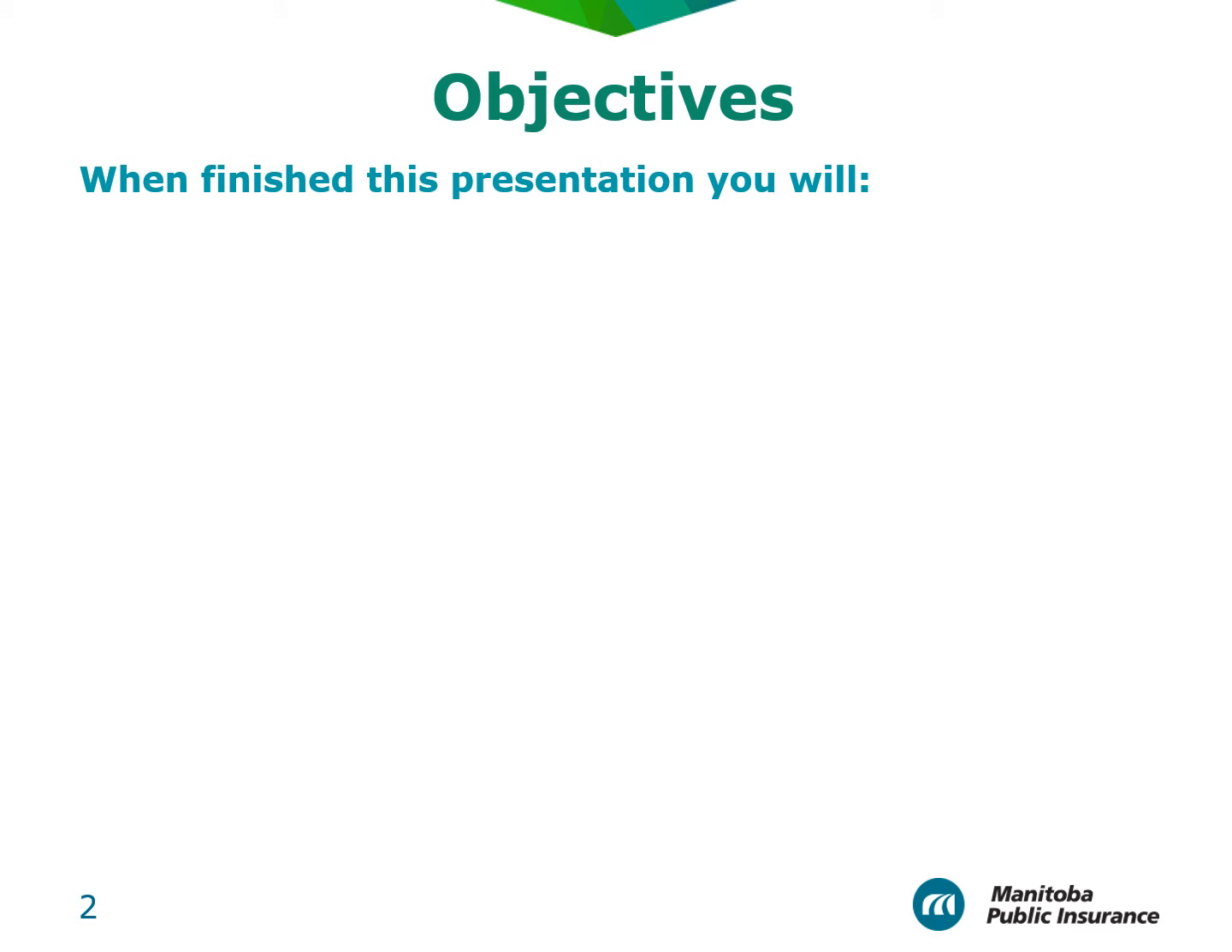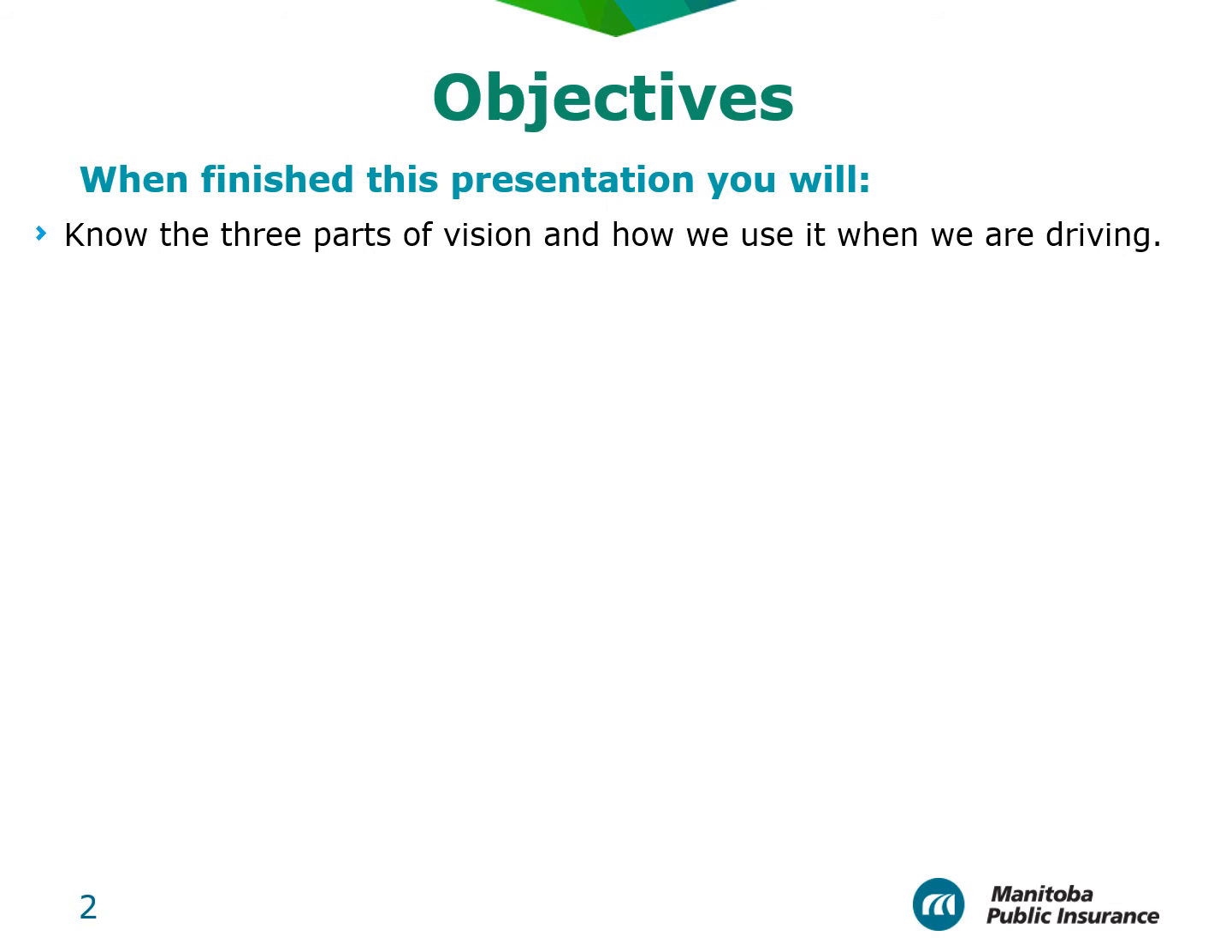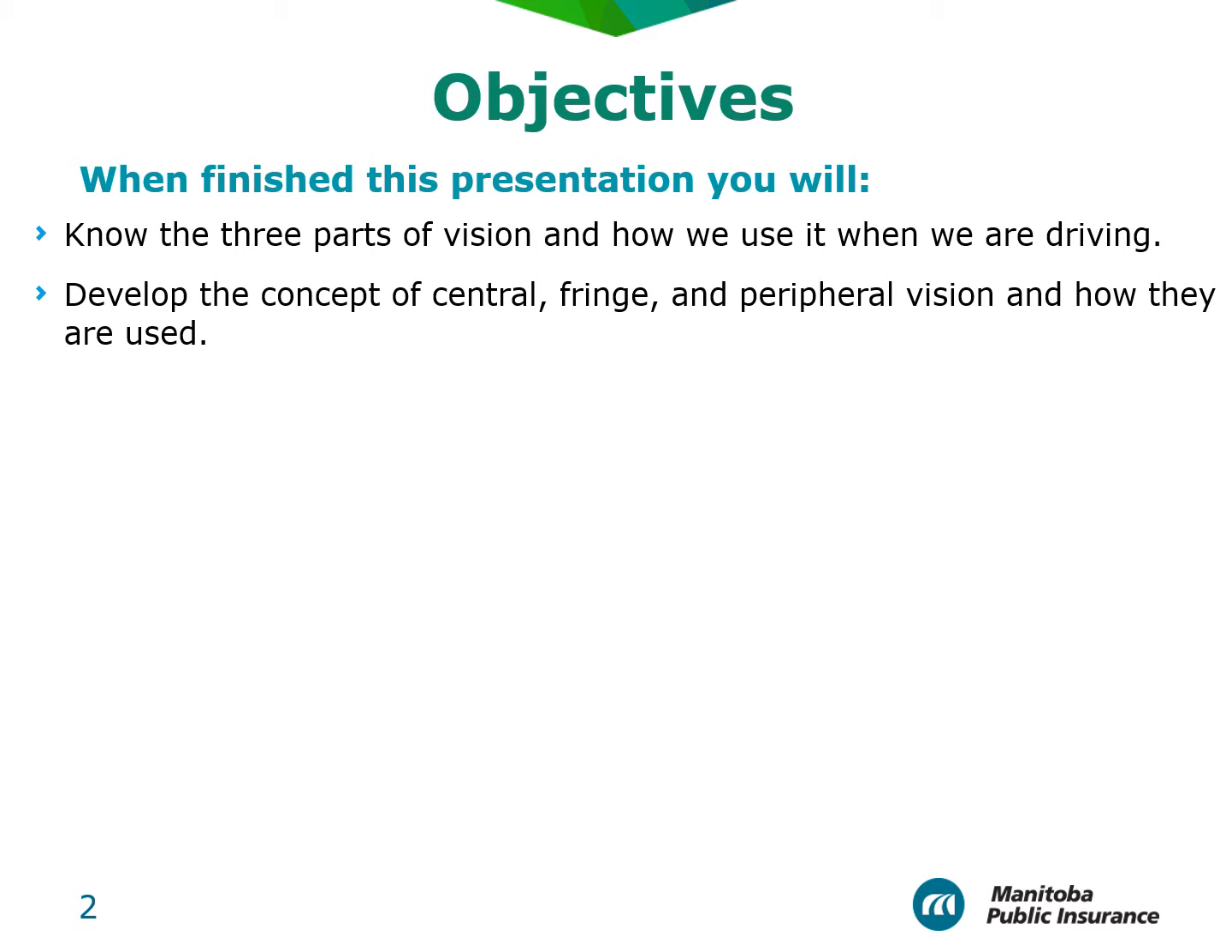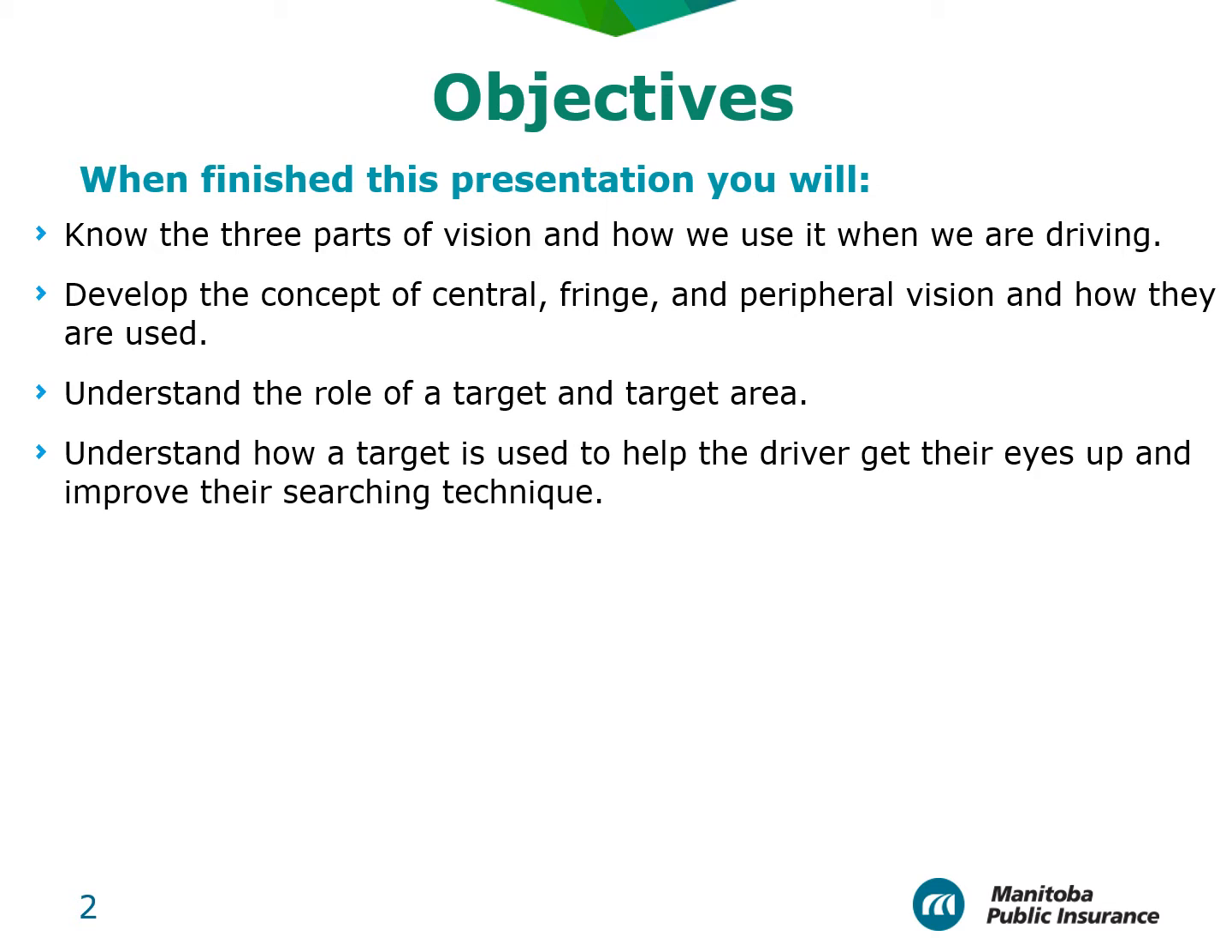The objectives for this presentation are to know the three parts of vision and how we use it when we drive, develop the concept of central, fringe, and peripheral vision and how they are used to see the target and our reference points, understand the role of a target and target area and how it is used in tracking and searching strategies, understand how a target is used to help the driver get their eyes up and improve their searching